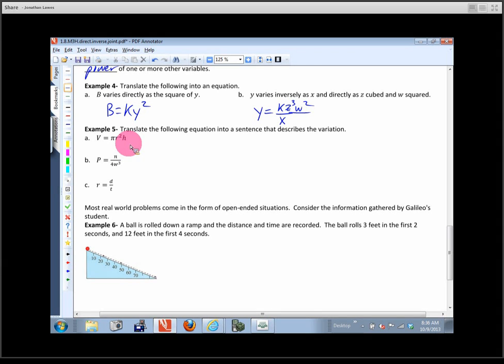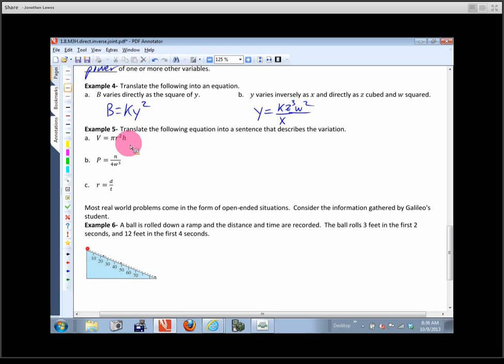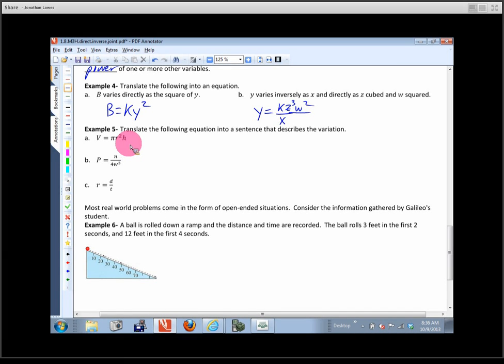Hopefully that rings a bell. Does anybody know what that is? What is it? Volume of a cylinder. Volume of a can. Volume of a circular cylinder. So, we'd say V varies how? Directly as